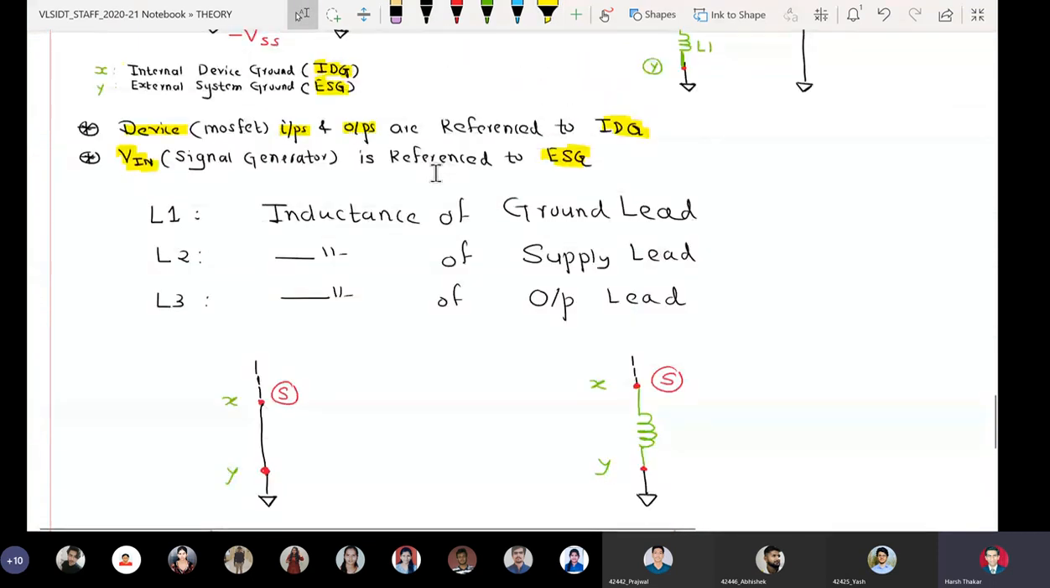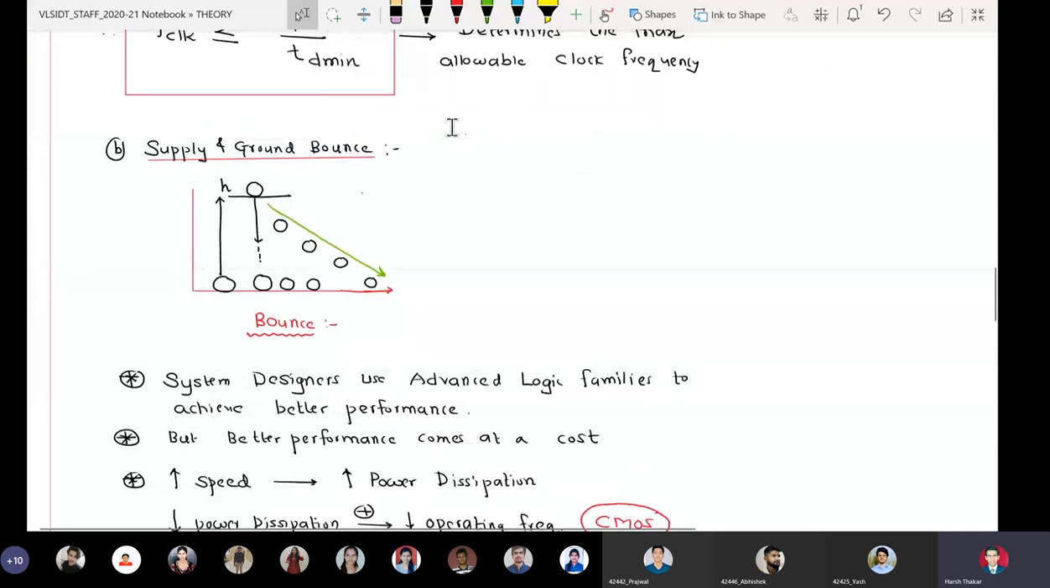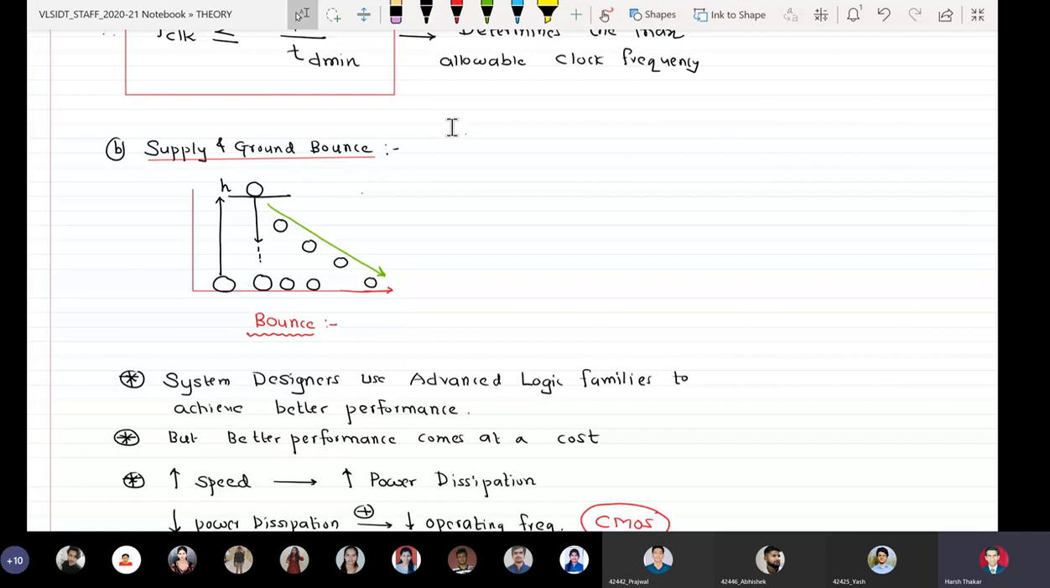Okay, so here the concept of ground bounce comes. Here we define how a ball, when raised to a height, goes on attaining lower and lower heights till actually it settles to 0. Similarly, here we can also write the output of a circuit. So as such, if we see an inverter,